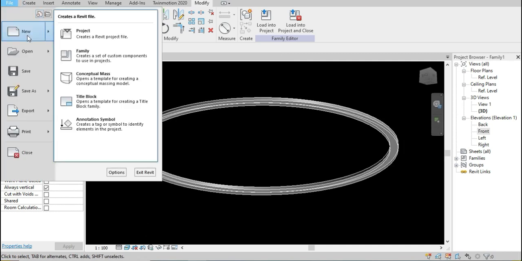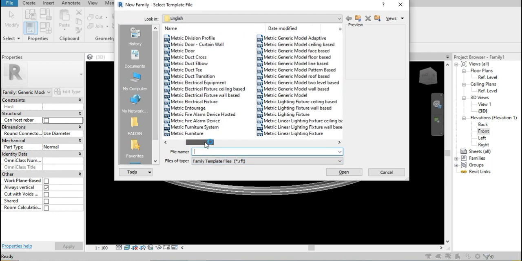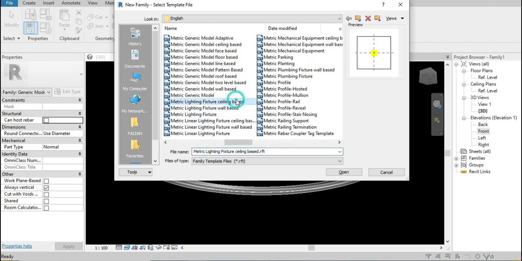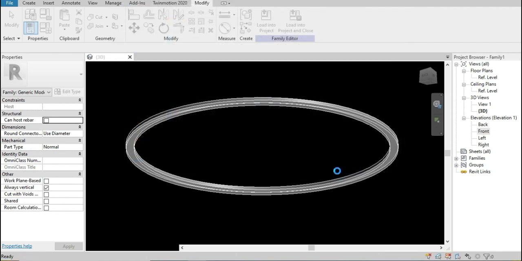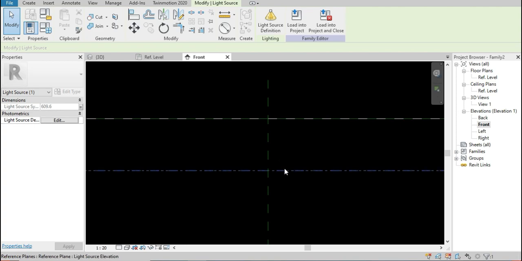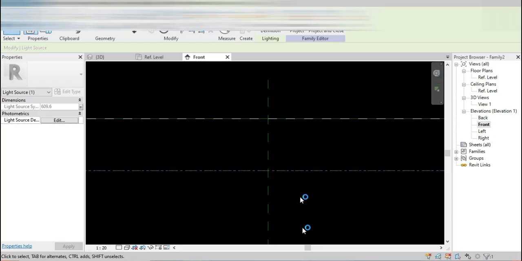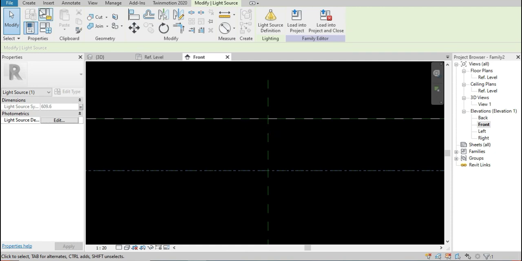Third step, we will select one family template for the lighting fixture, ceiling based. We'll choose ceiling based. Open, and we'll create this top portion as a generic model.